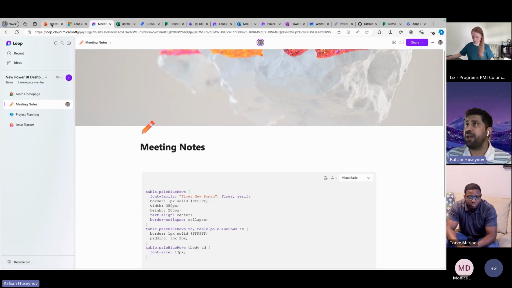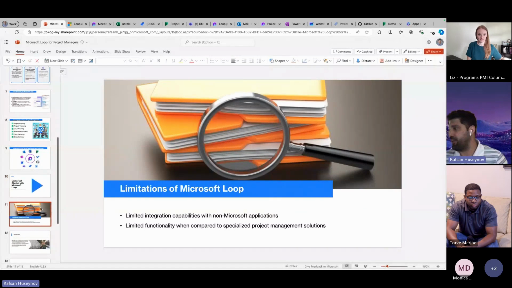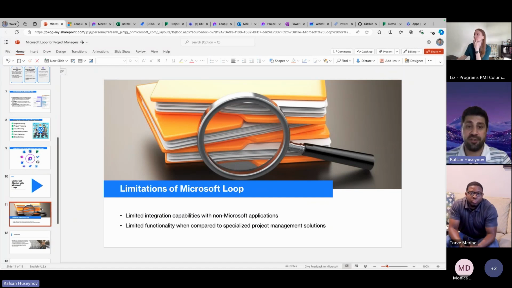So coming back to our presentation, let's now talk about the limitations. It's really great that it integrates with most of the Microsoft 365 applications like Excel and Word, but I hope they will add more capabilities such as integration with Miro. I use Miro more than Whiteboard, so that would certainly make the process seamless. Another one is